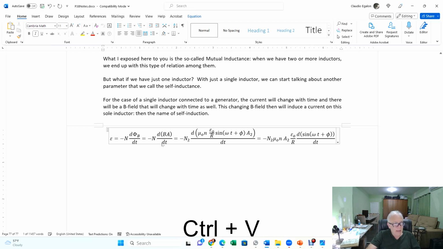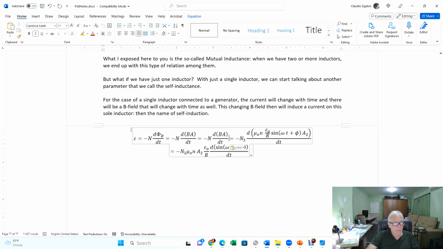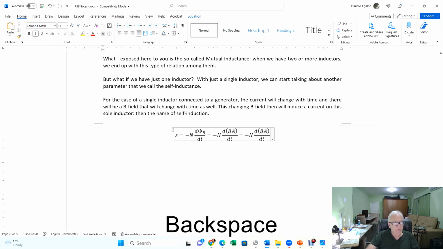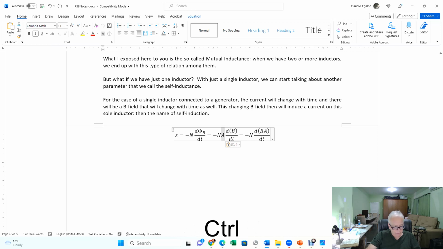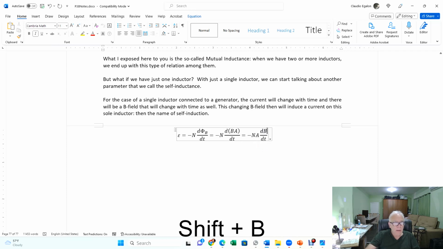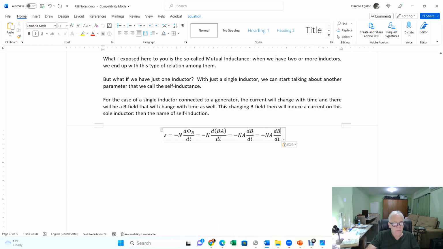Okay, and we do exactly the same thing that we did before. Instead of x, the A is going to be a constant, can be taken out of the derivative. The B, we're going to do that in the next step, right? Not here. In the other step. This A here is going to be taken out of the derivative. Okay. And this magnetic field